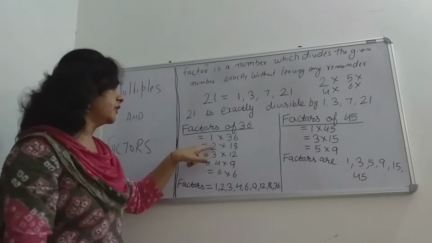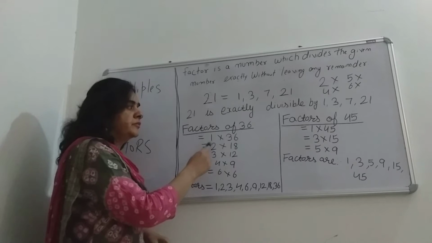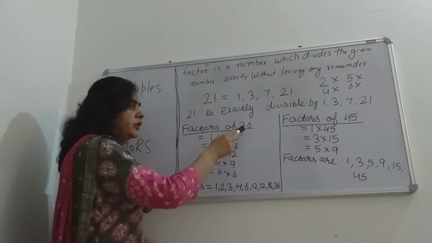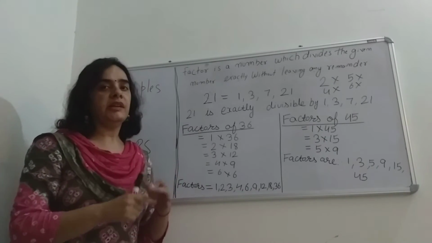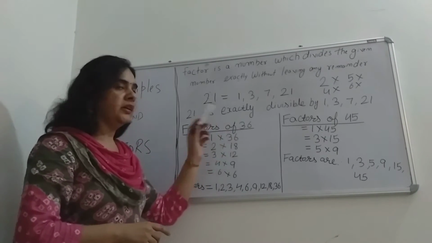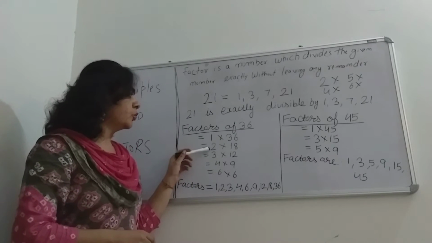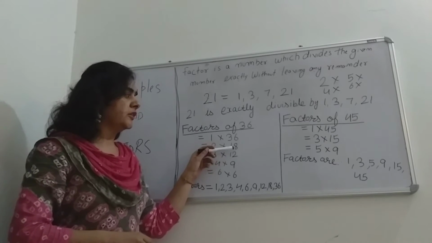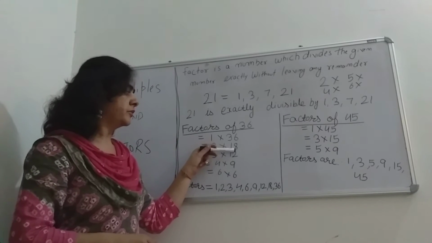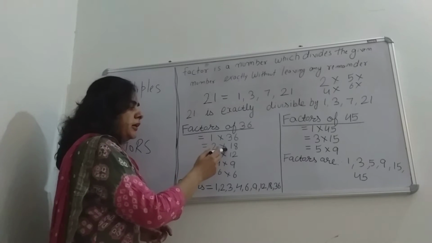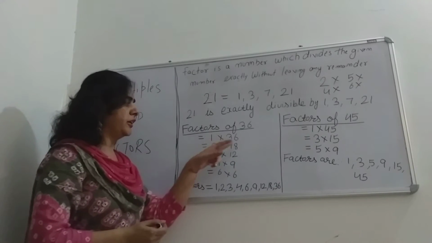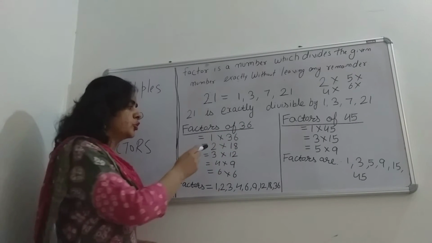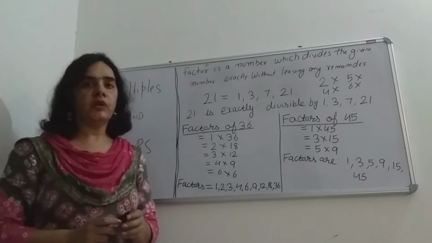And secondly, now divide 36 by 2. If you divide 36 by 2, the quotient will be 18. So 36 is completely divisible by 2 and the remainder will be 0. So we can say that 2 is a factor of 36 and 18 is also a factor of 36. जो quotient आता है वो भी factor होता है. So you will write 2 multiplied by 18. 18 कहाँ से आया? When you divide 36 by 2, 18 will be the quotient. So 2 and 18 are factors of 36.